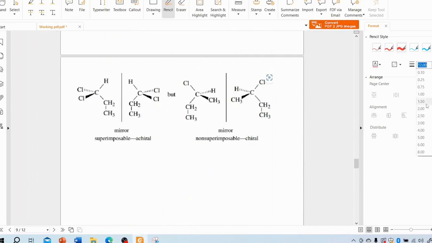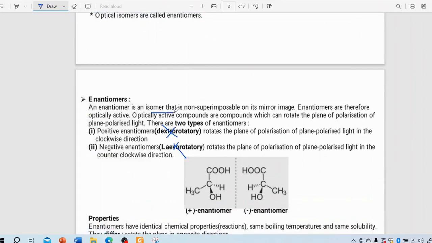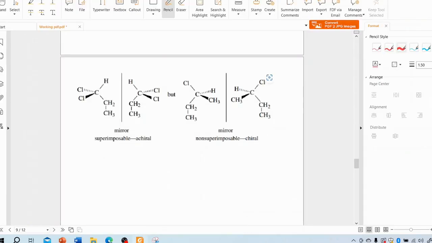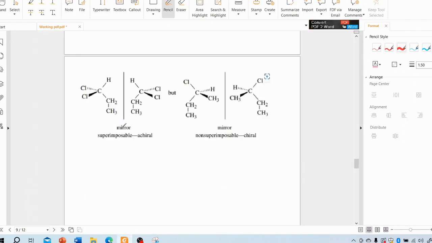So to help you understand this line over here more clearly, we will look at this example. So this is a mirror, and this is when these mirror images, this image and this image, are superimposable on each other. So achiral. Okay. If they are superimposable, they are achiral. So if I rotate it like this,